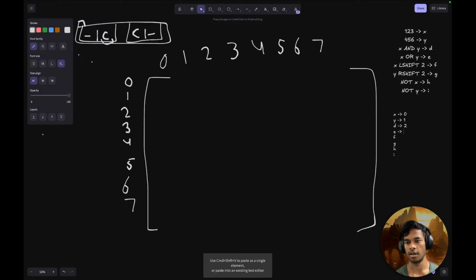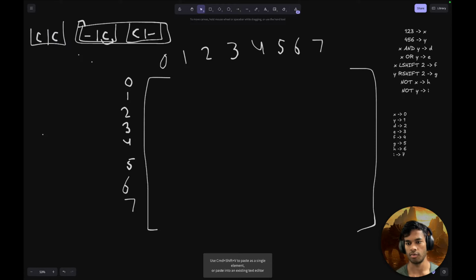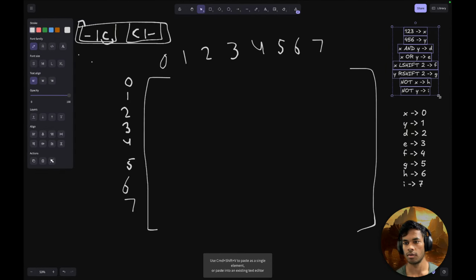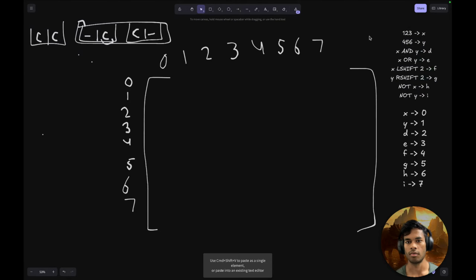And this has opcode 3, and this has opcode 4, and G has opcode 5, and H has opcode 6, and I have opcode 7. That is absolutely how much we need, and that is absolutely equal to the number of things we have. Okay, now